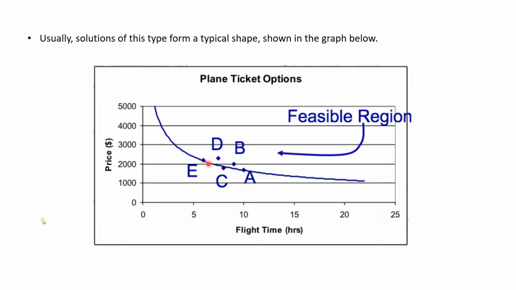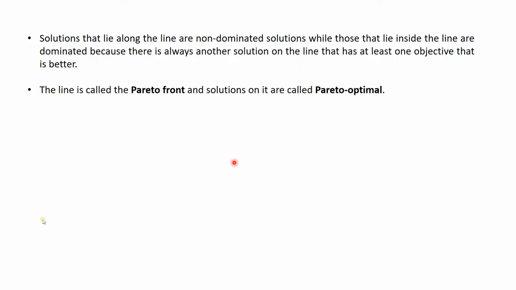Which line? The line which is carrying the non-dominating solutions. Okay, better solutions. That means E, C, A are better than D and B in this way. So this is a simple problem we have sorted out. But in complex problems, finding out the line is very challenging. Whatever, this Pareto front is the line, and these solutions are the Pareto optimal solutions. The Pareto optimal term we have already discussed in the previous lecture, that whenever you find a better solution compared to the previous one, then we call that solution a Pareto optimal solution.